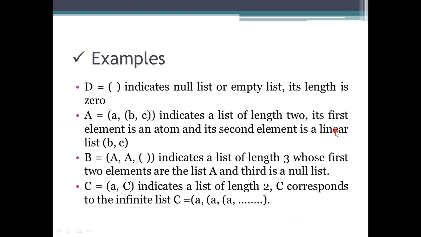And the generalized list means basically we will store the list in the form of atoms, or it itself consists of a linear list. These are the examples we have. We may say that a list can consist of the empty list also, meaning there are no items in it. Later we can add atoms to it.